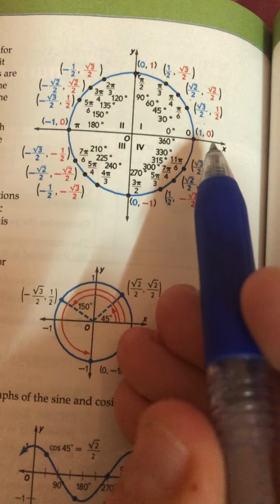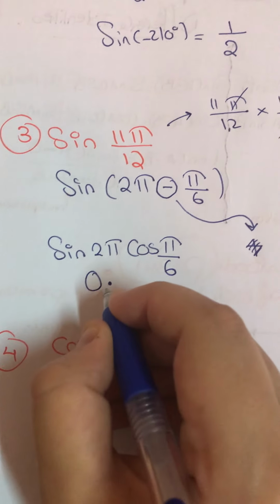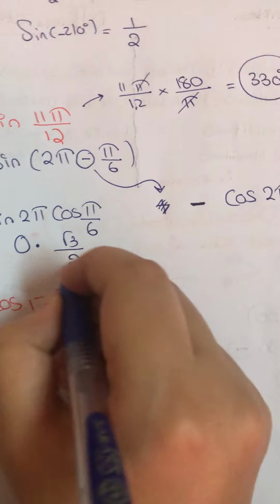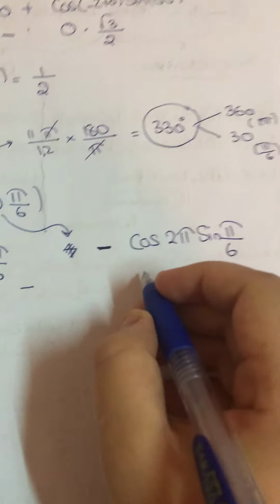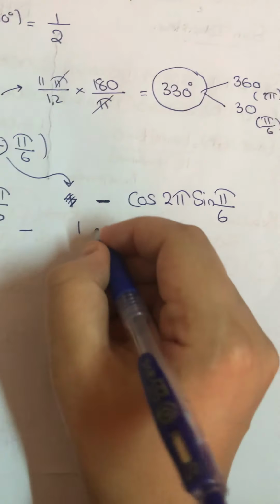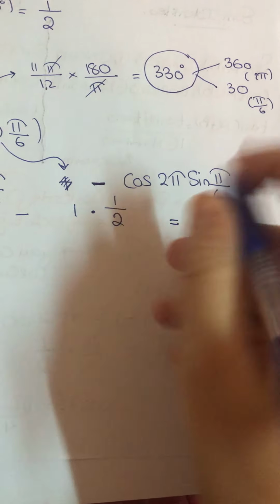So what is sine at 2 pi? I mean sine at zero. Sine at zero is 0. Remember on the unit circle, cosine sine, cosine sine. So 0 times cosine at 30 or pi over 6. Cosine is root of 3 over 2, although I don't care if I'm in a test and I want to be fast. This is 0. Minus cosine 2 pi. Cosine at 2 pi is 1, multiplied by sine 30, which is going to be half. So my answer is going to be,